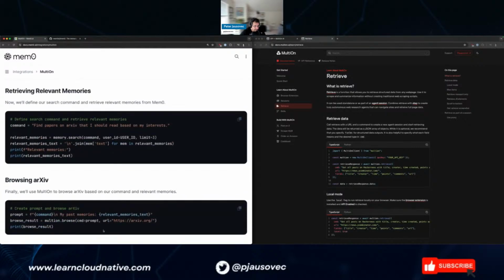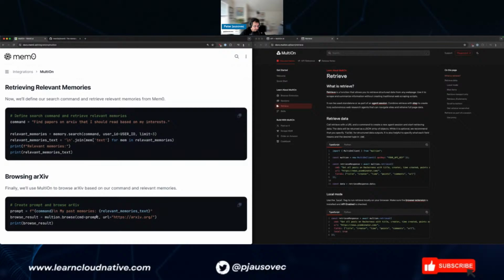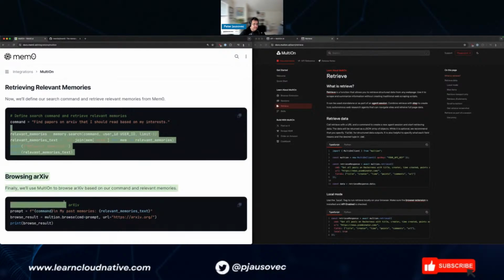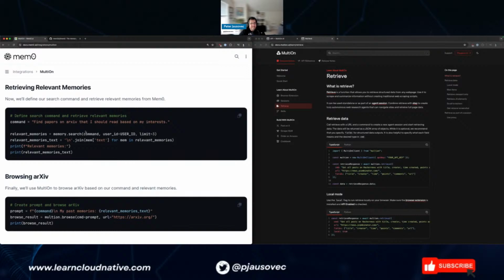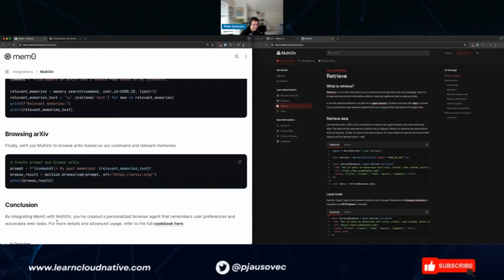Browse, command equals prompt. Oh, okay, so what is command? Find papers. So this is basically just using the memory and passing that in as a prompt to this multi-on agent, the internet browsing thing.